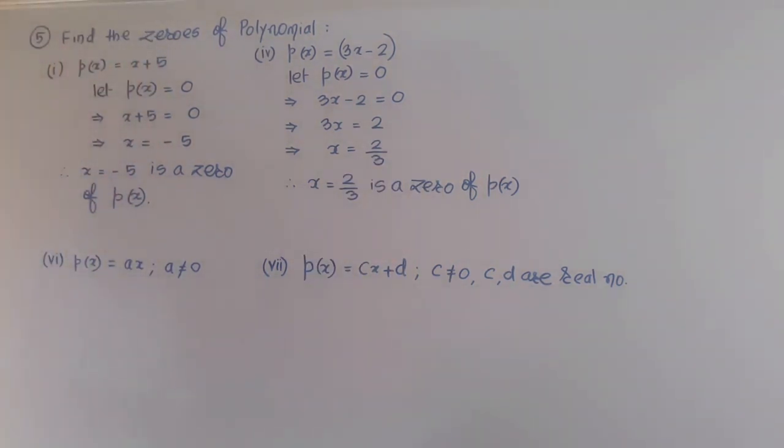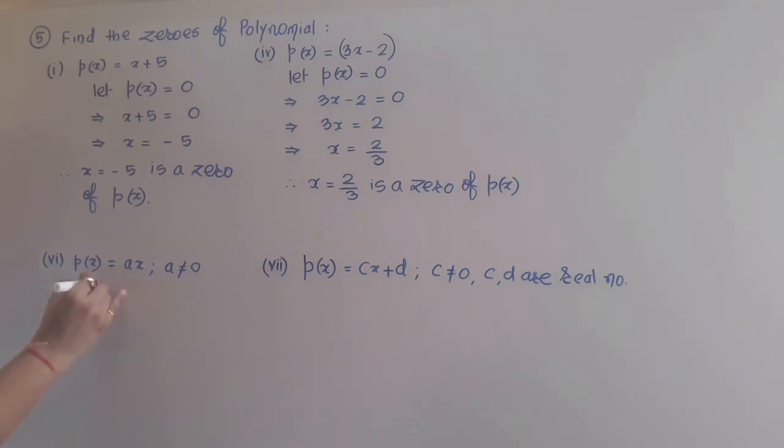Let us see similarly part number 6. In part number 6, you observe the value of p of x is given as ax, where a is any unknown constant. Here they are saying the value of a can't be 0. Why can't the value of a be 0? Because if the value of a becomes 0, then the whole polynomial will be 0 only, and hence we cannot find the 0 of a particular polynomial, because it will become the 0 polynomial. And we know that the 0 polynomial has an infinite number of zeros. So the value of a can't be 0. To be specific, a can be any real number other than 0.